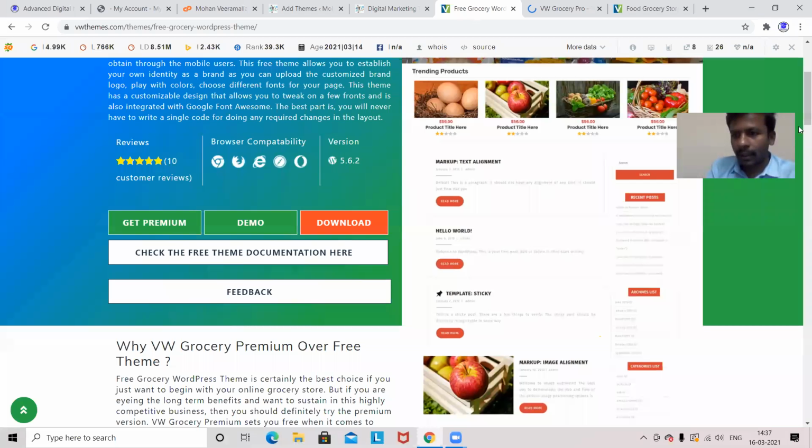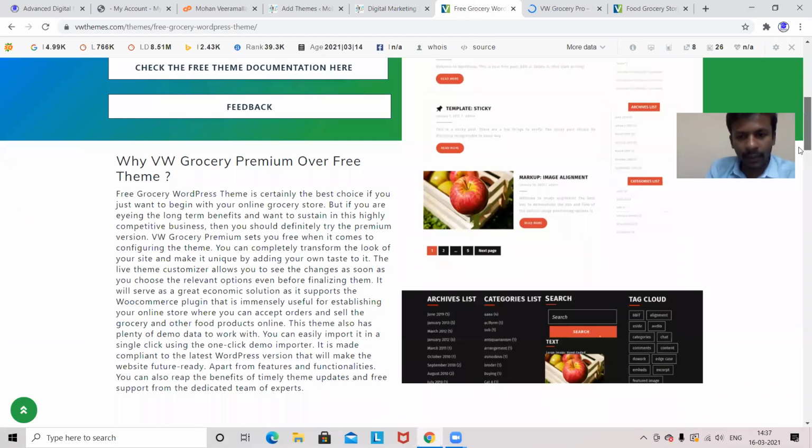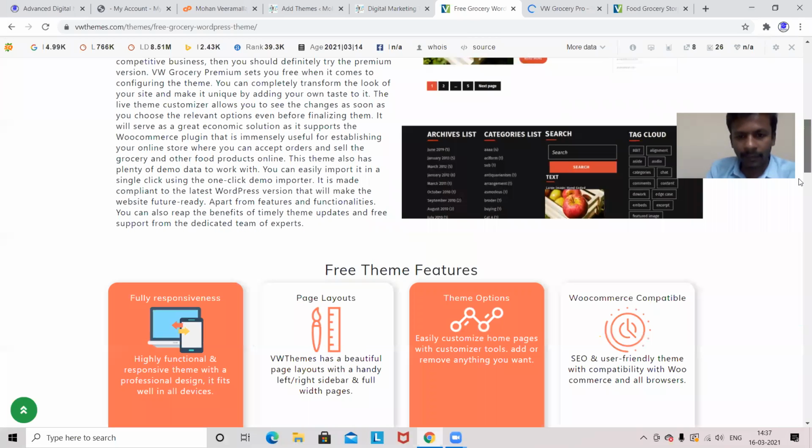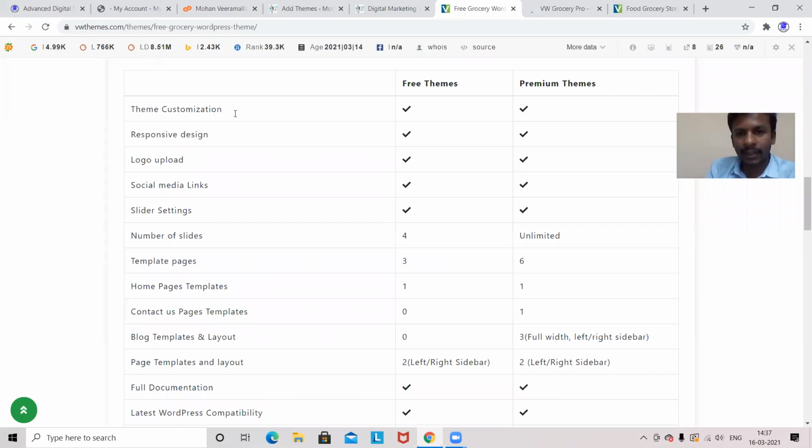If I go here, maximum some themes will be available, and they'll show the free version and paid version, and what all things we'll get. Here you can see theme customization, free theme and premium theme. We can analyze these sections here.